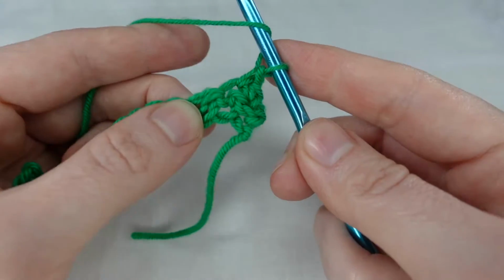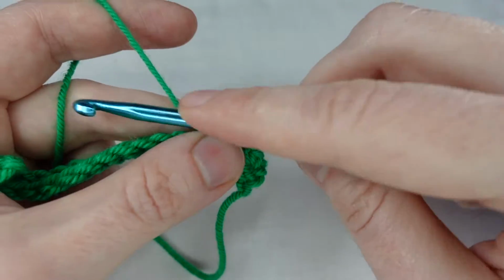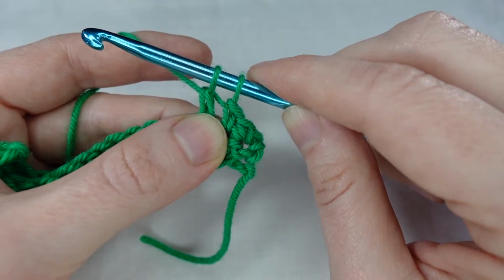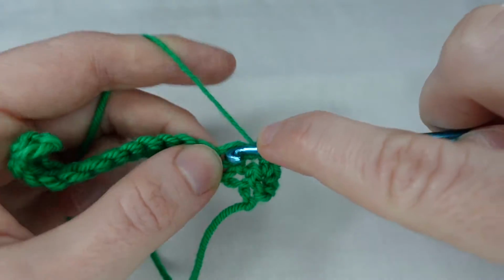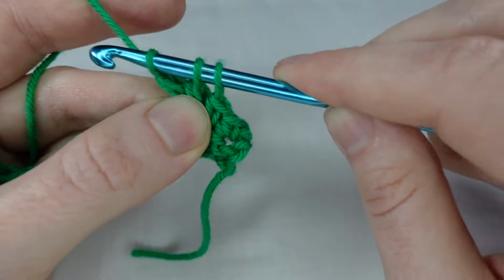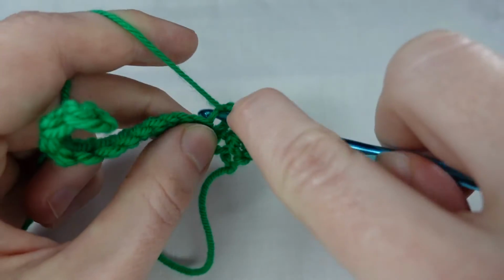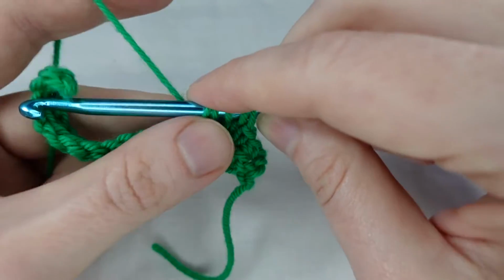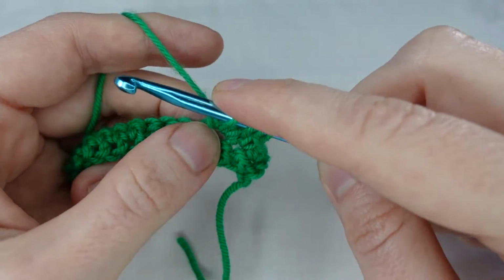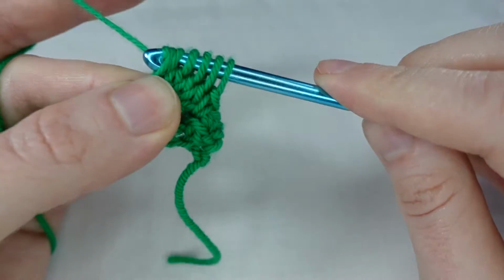To do the bobble stitch we yarn over, insert our hook into the stitch, yarn over, pull it through, yarn over, pull through 2. We have 2 loops on the hook, yarn over, into the same stitch, yarn over and pull it through, yarn over, pull through 2, 3 loops on the hook, yarn over, into the stitch, yarn over, pull through, yarn over, pull through 2, 4 loops, yarn over, into the stitch, yarn over, pull through, yarn over, pull through 2,